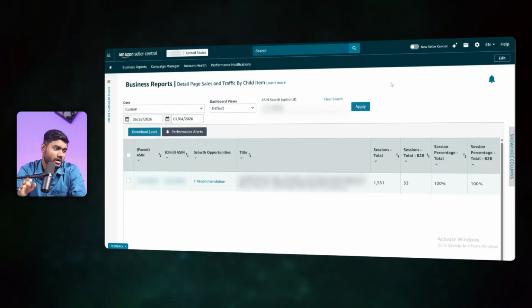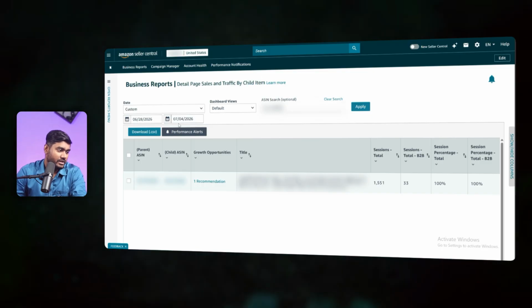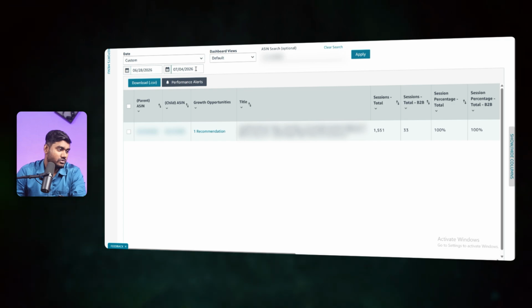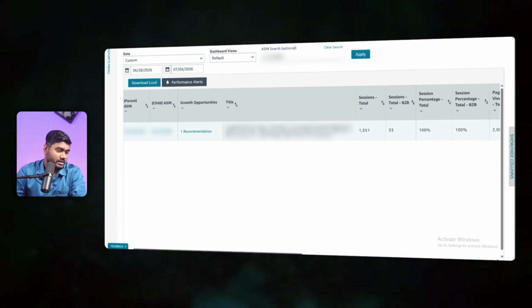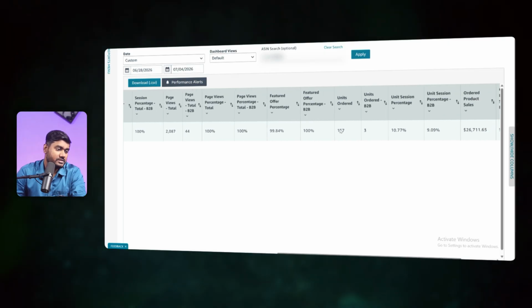As Amazon will not give the data directly, we are going to get data from different sources and use Excel to understand the customer acquisition cost. So I have gone over my business report here, and I am in the child item level data. Here I searched with one of my ASINs and looked at the previous week's data, from 28th to 4th of July. Here you can see I am getting around 167 units of water, and in total I got around